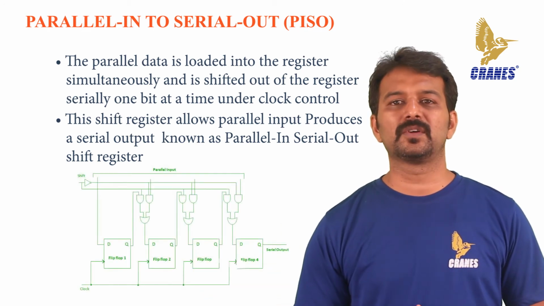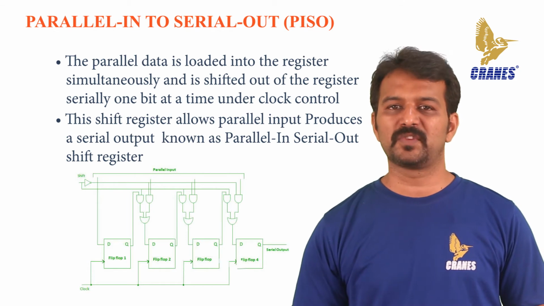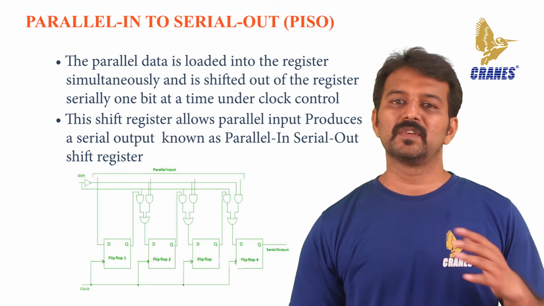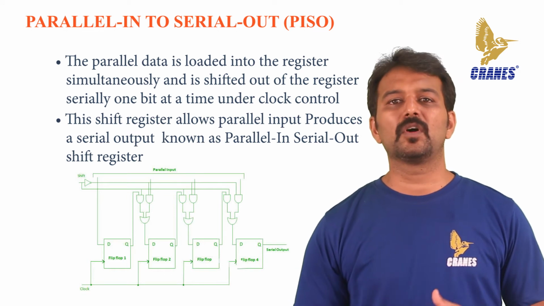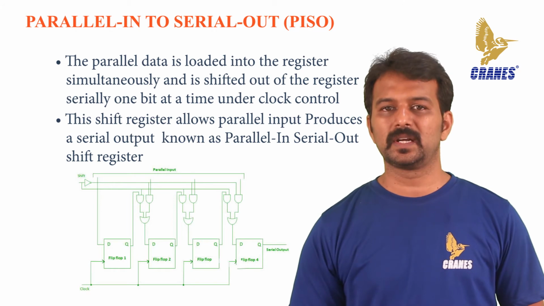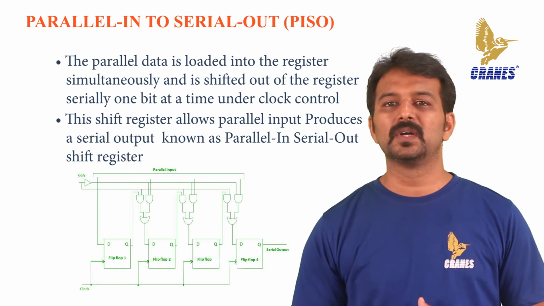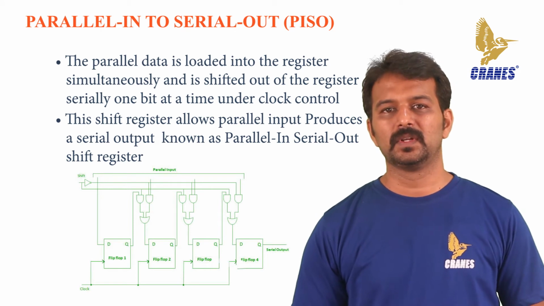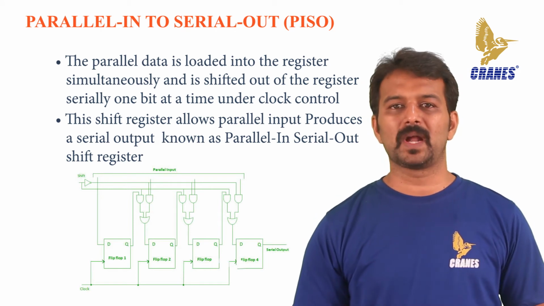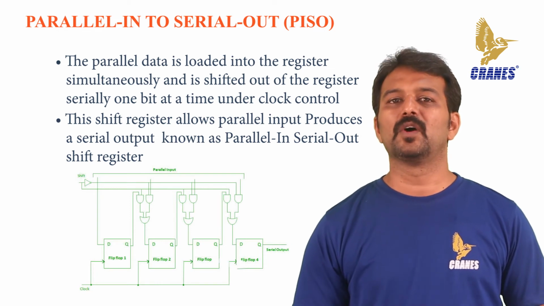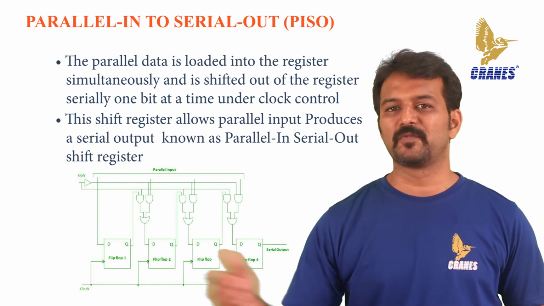The logic circuit shows a parallel in, serial out shift register. The circuit consists of 4 D flip-flops. The clock input is directly connected to all the flip-flops, but the input data is connected individually to each flip-flop through a multiplexer at the input of every flip-flop. The output of the previous flip-flop and the parallel data input are connected to the input of the mux, and the output of the mux is connected to the next flip-flop.